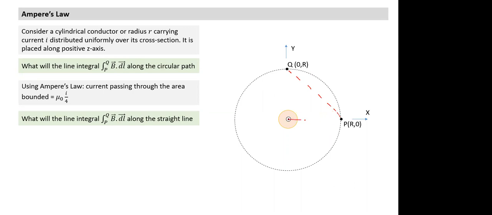A right angle triangle. Every time I create radial lines, you know, these are two radial lines. What is the advantage of a radial line? The line integral along these two lines will always evaluate to 0. So I can do this also. That's the second method. Once I form this loop, these two will evaluate to 0. Again, I get the same answer. Can someone think of another method?